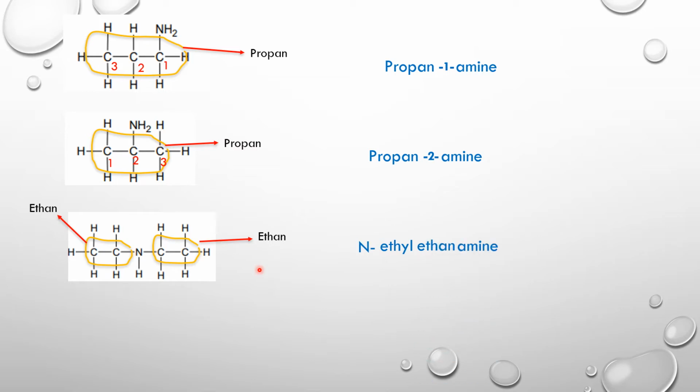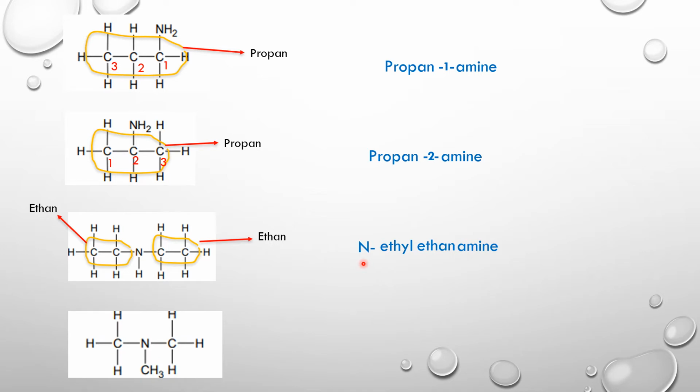ethane, amine. So you can see when you have more than one group attached to the nitrogen, the first one will have a YL, the second one will be alkane, and then you use the word amine. Usually the first word that we are going to start off with is going to be following alphabetical order. Now in this case, since both of them start with E, it doesn't really matter which of the ethyl groups is going to come first. However, if you have one ethyl and the other one is methyl, then you are going to follow alphabetical order there, where E will come before M.